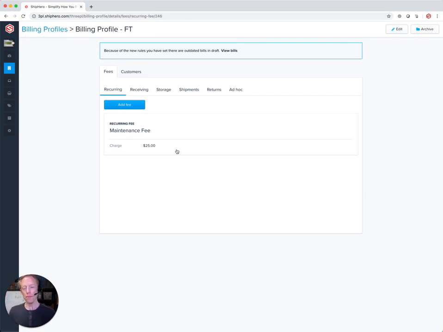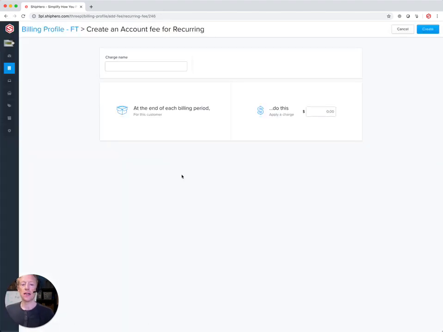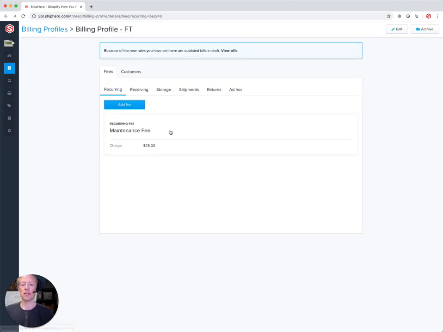and we're going to take a look at the different fees that we've assigned in this profile. So the first thing that we can see is that we have a recurring fee. You can set recurring fees, so we can create those. Basically, those are fees that you're charging every billing cycle, so I can indicate what the charge name is, and then what it does as far as the actual fee itself. So that's pretty straightforward. In this example, it's the maintenance fee. We have receiving fees, so again,